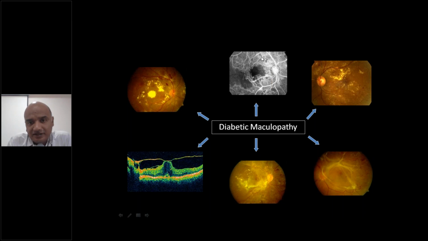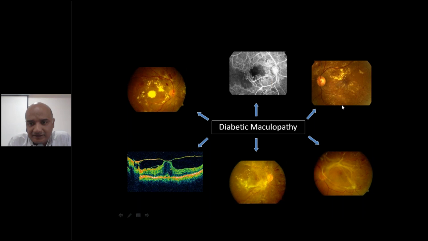If you see here, there are so many new vessels forming, and there are some areas of non-perfusion. Here there is some area of non-perfusion. You can see the foveal avascular zone. This is the central zone where it is avascular. It is increased in size. All this indicates that the patient is having severe proliferative diabetic retinopathy. In this picture, a lot of small aneurysms are there all over the vessels. These are small dots present all over the vessels.